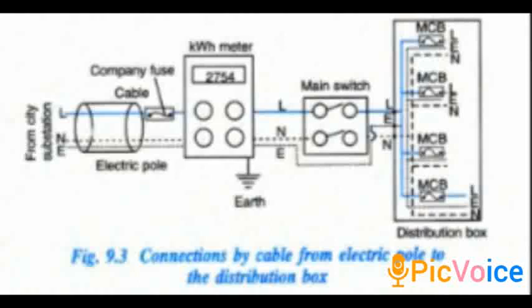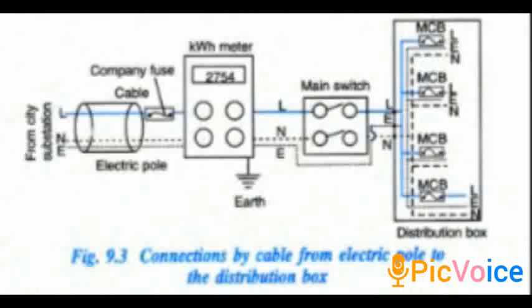As I told you in the previous video, the main switch has an outer covering of iron. So this earthing wire is just connected to that iron covering. So the connection is made. Earthing doesn't have to enter inside. It is connected to the outer iron covering only. After that, all three wires are entering inside the distribution box, and from the distribution box they go to the particular room or particular circuit where we want to send it.